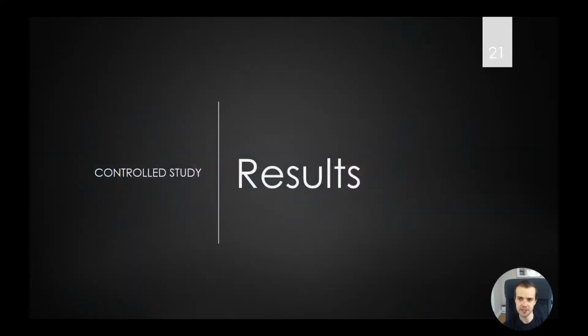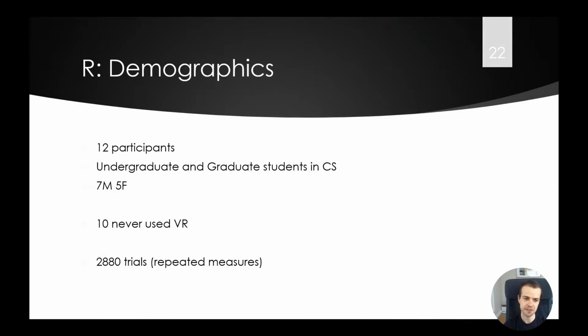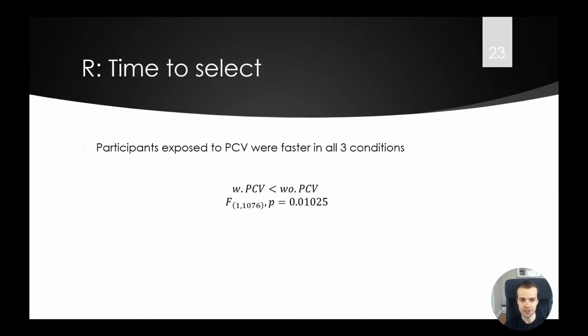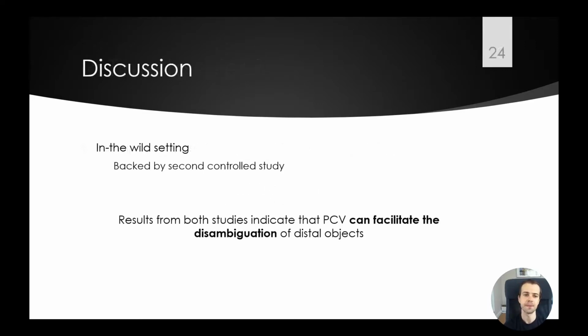So from our control study, we collected 12 participants, and via repeated measures, we have 2,880 trials. We observed that in all conditions, participants exposed to perspective compensated views were faster in selecting the object that they wanted to. To start summarizing this video, we created an in-the-wild study, and we backed our findings in a second control study. Results from both studies indicate that perspective compensated views can help users disambiguate between different distal